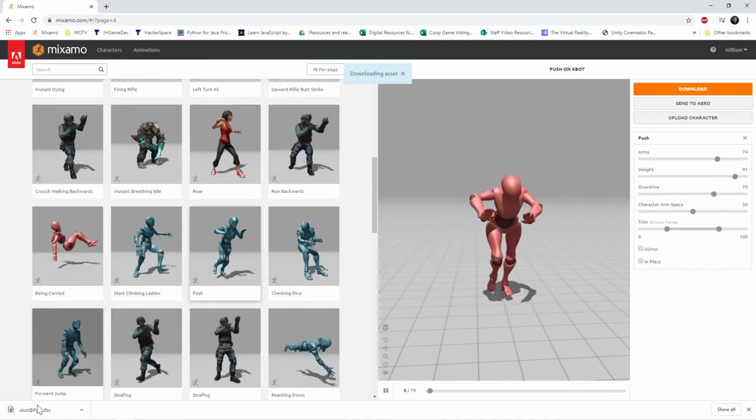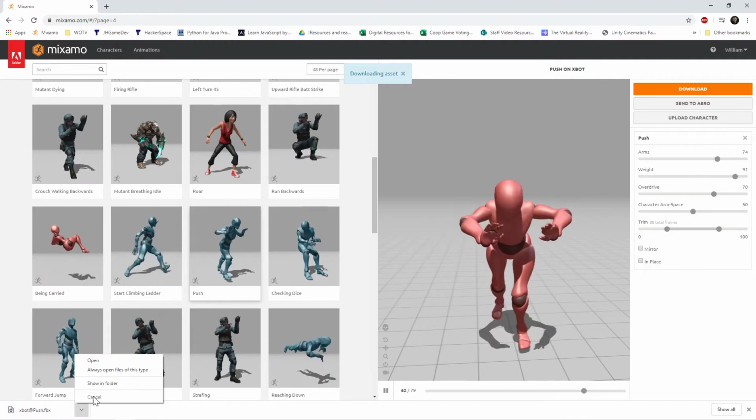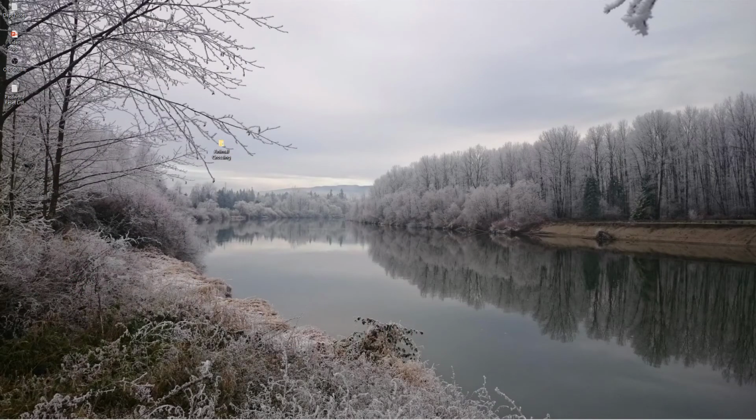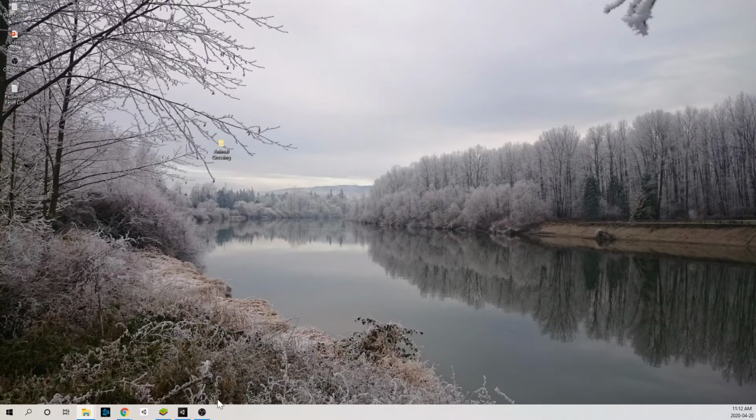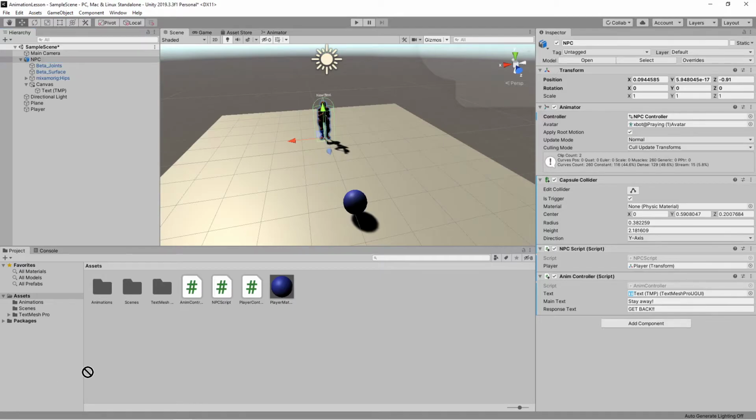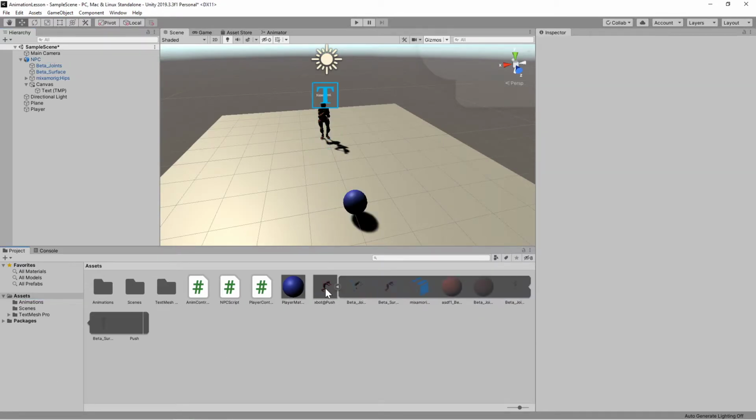And what this is going to do is it's going to give us this .fbx file. That's really easy to work with. I am just going to head back into Unity. Let me pop up in my Unity here. And I can simply just drag and drop this FBX file and import it. And now I see I have this